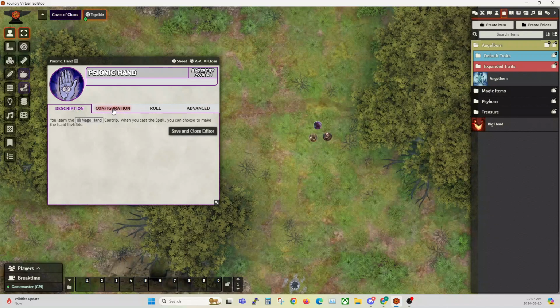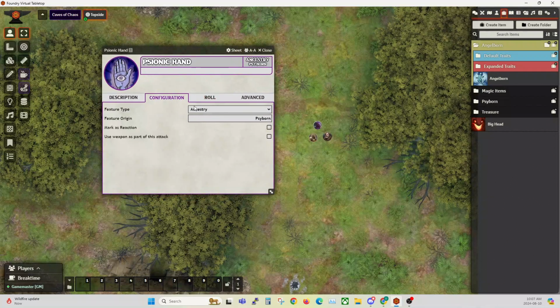So where was I? Configuration, ancestry, feature type is all in here, right? Because there's many different types of features. We'll do the class afterwards. Subclasses haven't been released yet, but if you were going to homebrew subclasses, backgrounds, monster features, a bunch of things. So right now, this one obviously is an ancestry feature, and I put the